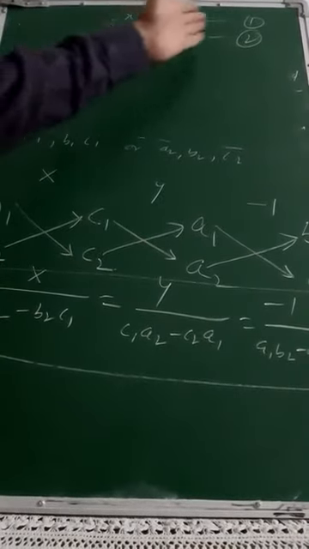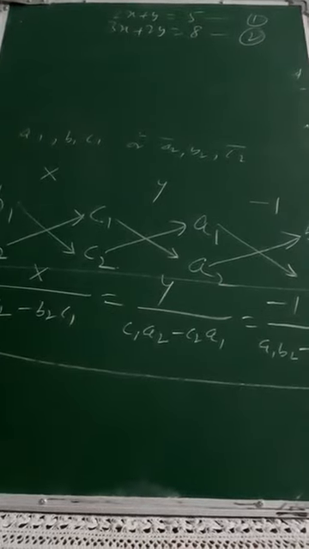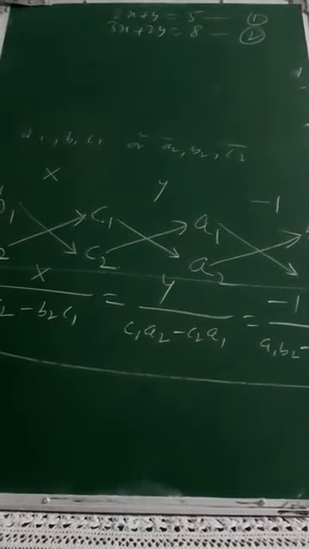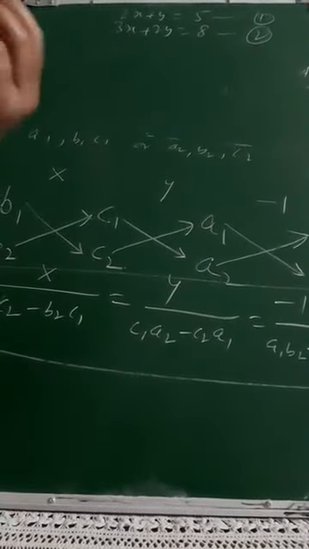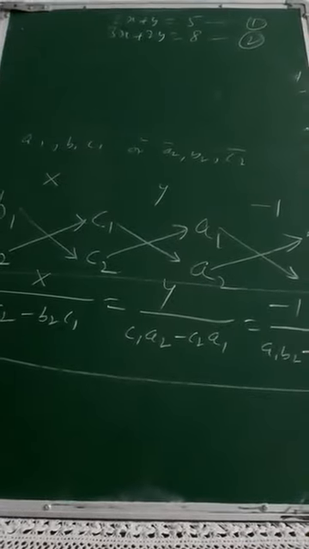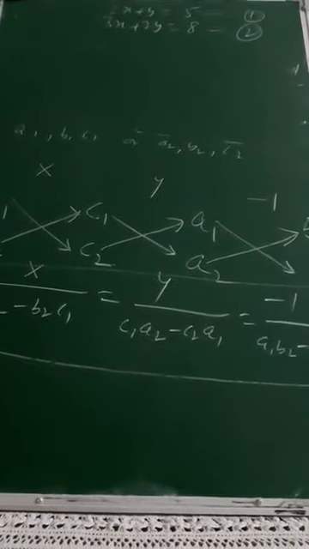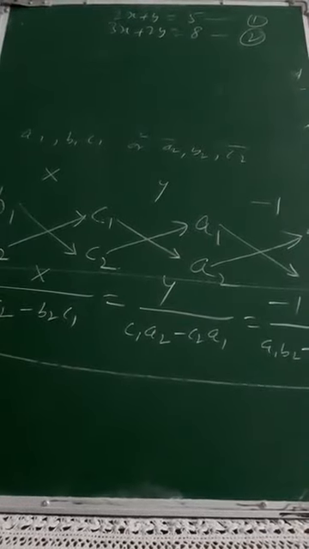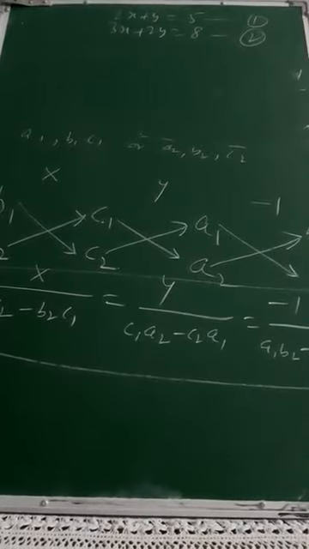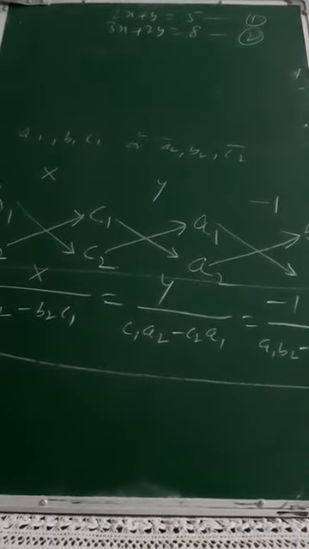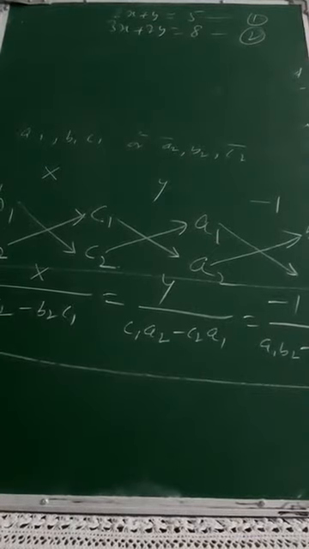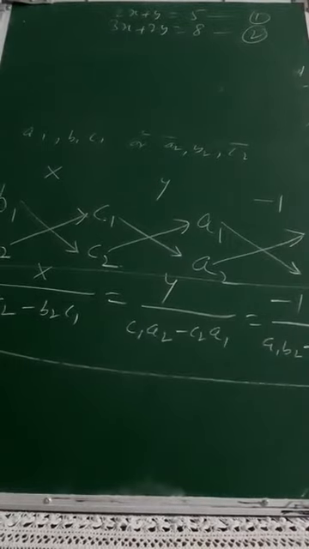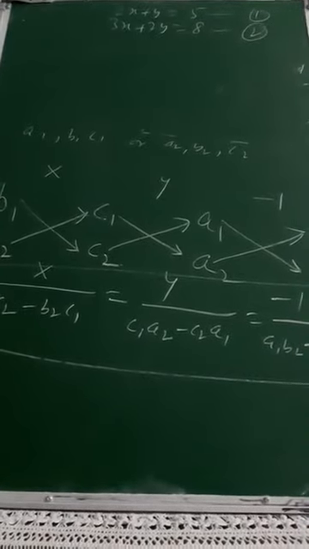If a1 upon a2 is equal to b1 upon b2 is equal to c1 upon c2, there are infinite solutions. Need not go for anything. Infinite solutions cannot be determined algebraically. No solution again cannot be determined algebraically. That part we have already finished in our graphical solution. So please be careful. Take all these precautions beforehand, because time management from the board examination point of view is very, very important, students. If you are not taking care of that part, that is going to put you in trouble at last. So please make a note of all these instructions.